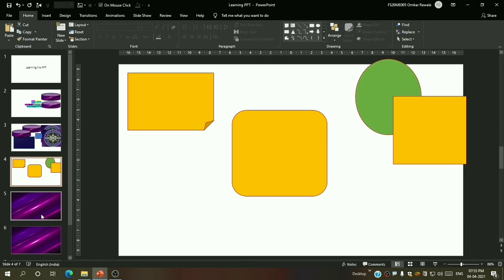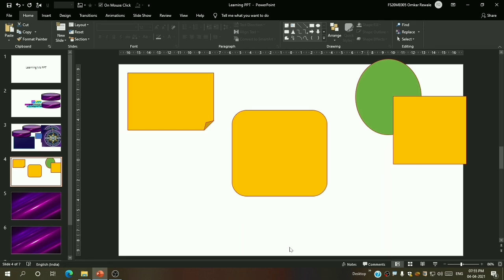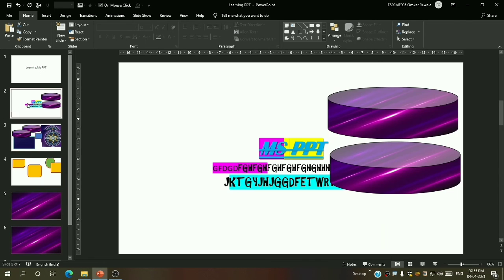Okay, so today we have completed the home tab. In the next lecture we will see how to use this design tab, and please guys practice. Okay, one more thing I would like to show you is how to insert one slide in another presentation by copy option. Okay, for that I will open one new presentation.